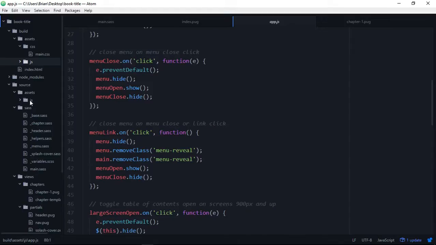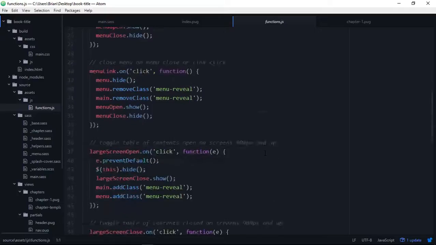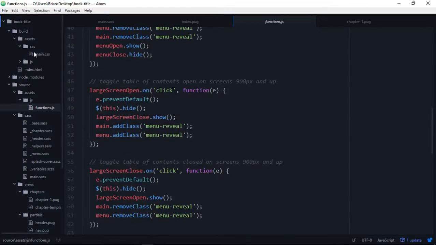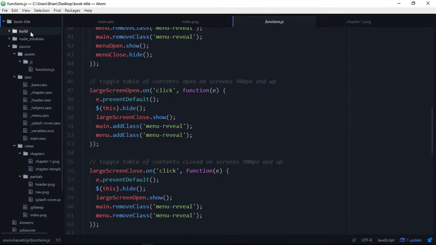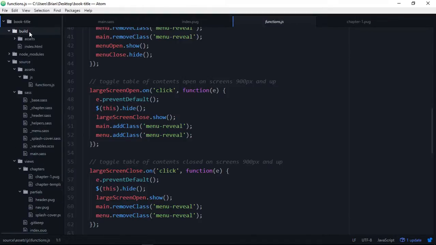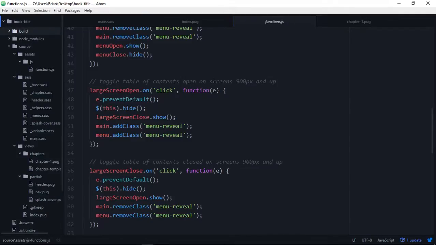That's being fed by this assets and functions.js. So this is where you would actually write your code, and then it gets output to this JS folder whenever you're ready to deploy it. Again, the build folder is for what you're going to, these are the files that you're going to deploy onto your server, and that's all you need. So we only have a handful of files that it requires in order to